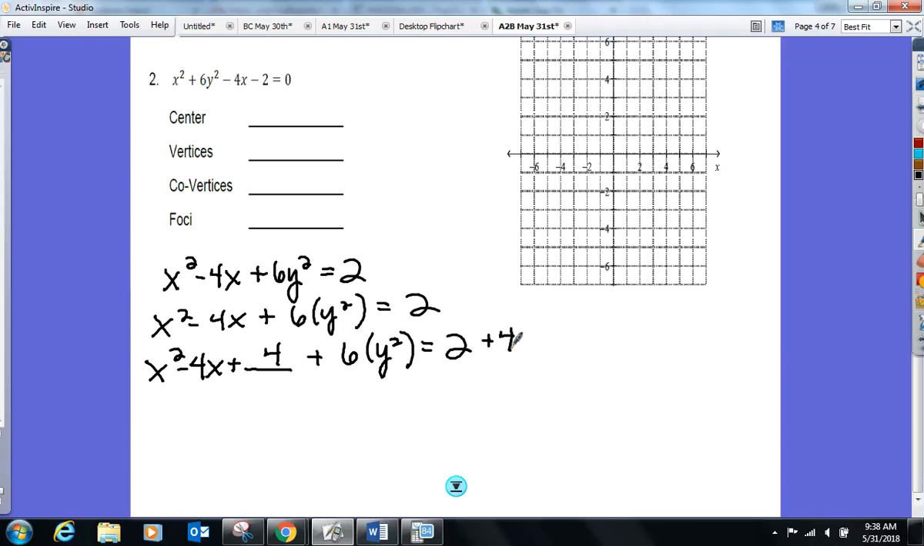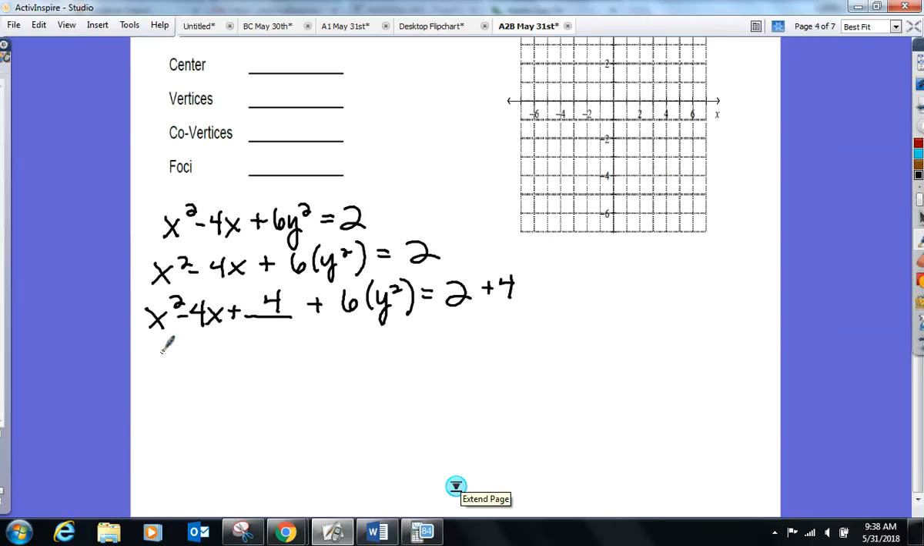All right, we're almost there, guys. Factor. Here's where some of you guys get a little lost in the sauce here. Going from here to here, what was half your b value? So it's going to be x minus 2 squared. Take a look at that step. Plus 6. I haven't done anything here. And then over here I get